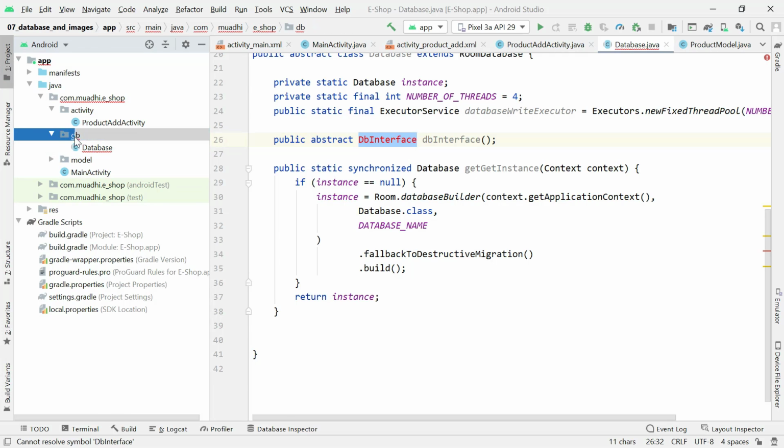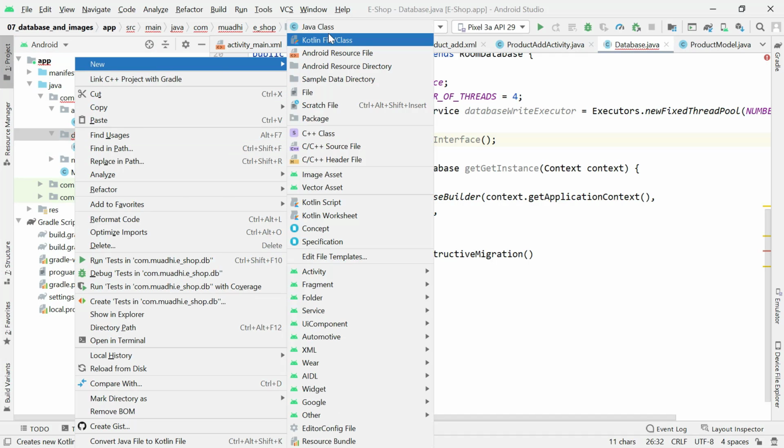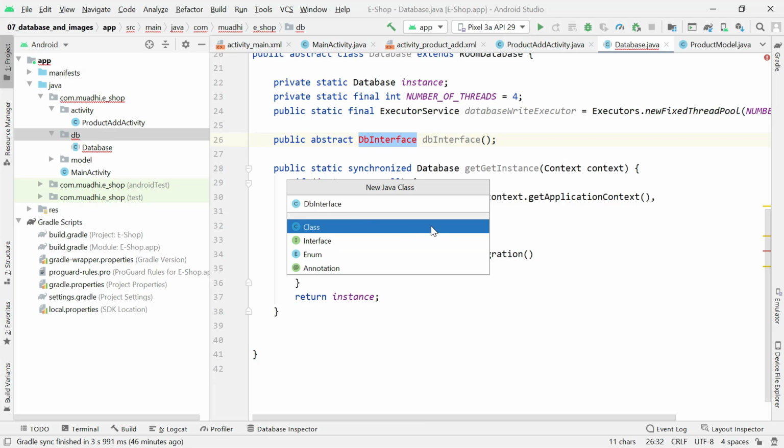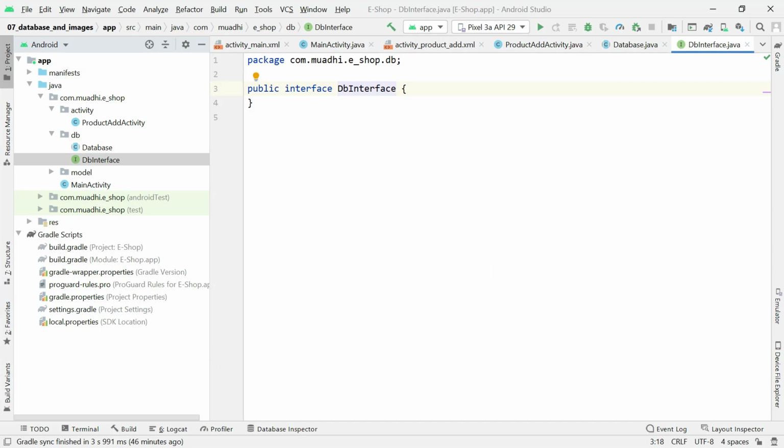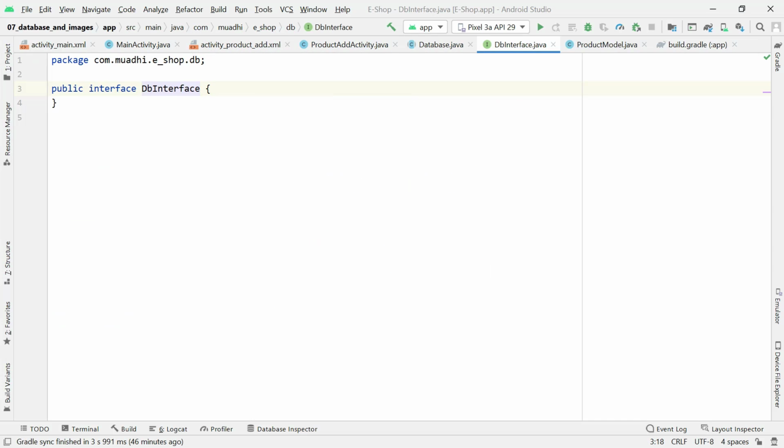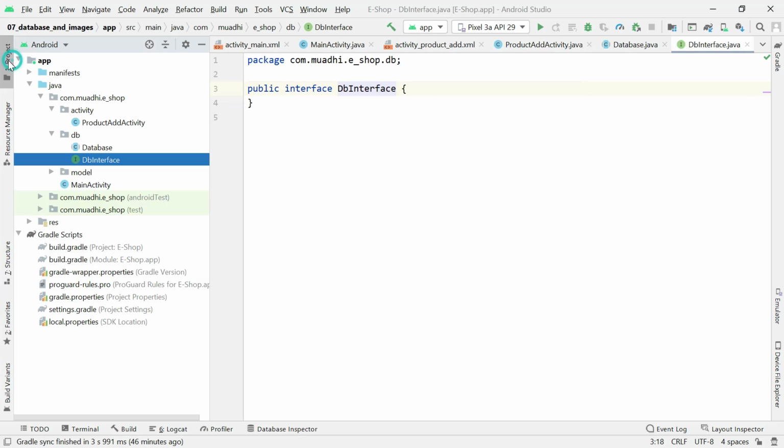I'm going to create a new Java class. I'll call it database interface. I can even make it an interface, no problem. But let me just give it a class. Okay, make it an interface so I can show what it means. So here I have another interface. Okay, so in this interface, we don't define methods, but we implement methods, and it's where we're going to put